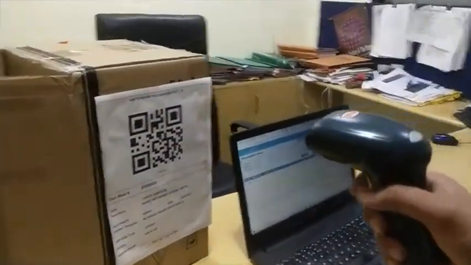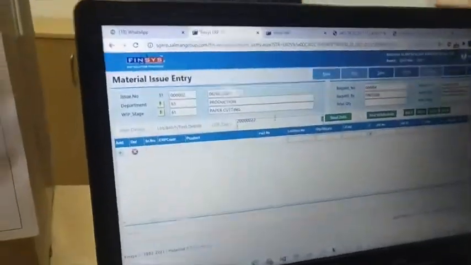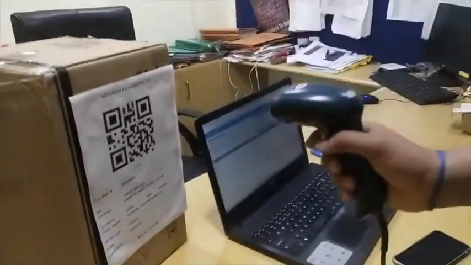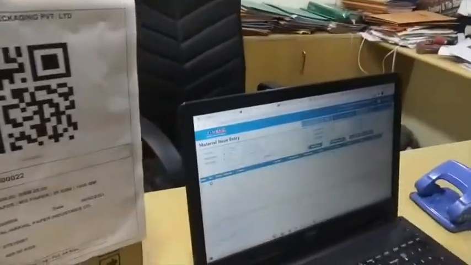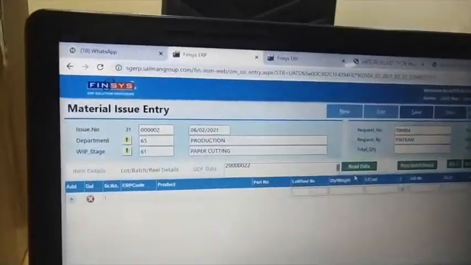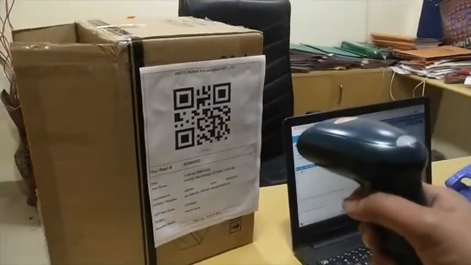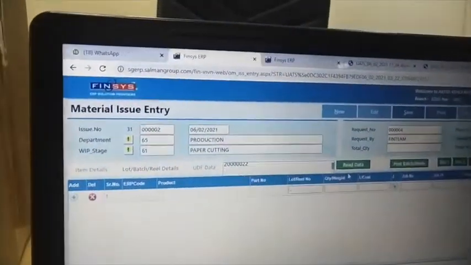We are scanning our QR code, and here it is. You can scan by Android phone, you can scan by a barcode gun scanner. It is very fast, it is very easy. You have all flexibilities. You can either be very strict, only that material will be issued that is noted in the job card, in the bill of material. Or if you want flexibility, if you do not have, let us say, the 48-inch size and you have a 50-inch size, you want to issue the 50-inch size paper, fine, you can. So based on the control panel settings, whatever you want, it can be done in split second, very fast, very easy.